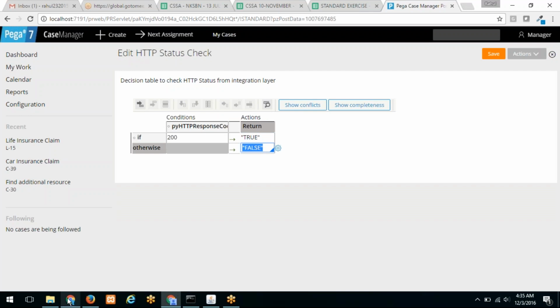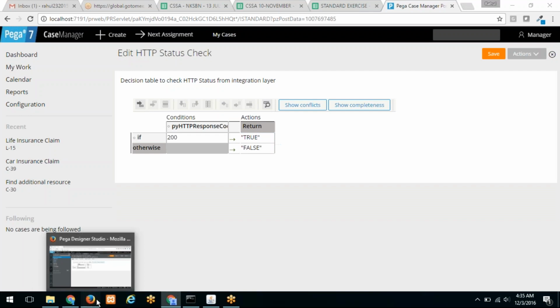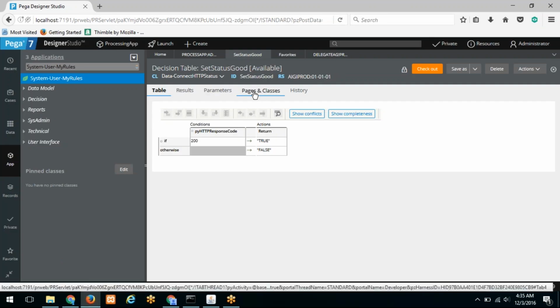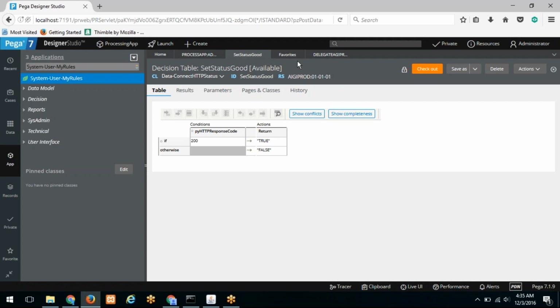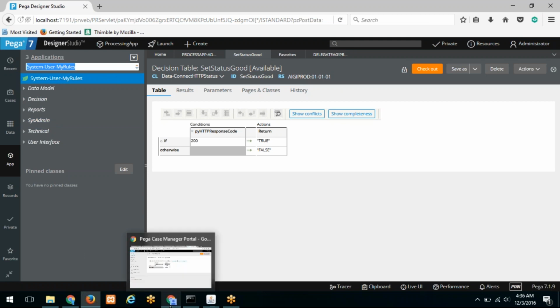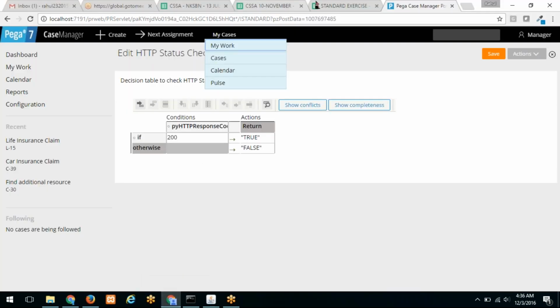That is the important concept that you have to keep in mind when you're trying to change or access the rules in the delegated mode. Okay, so what's more important as developers is to understand that it creates an instance of system-user-my-rules whenever you delegate a rule. Okay, now going forward,